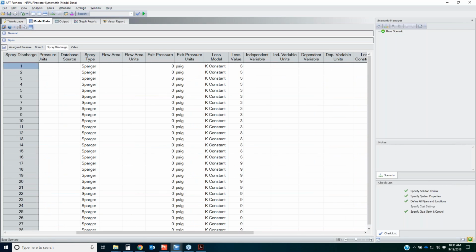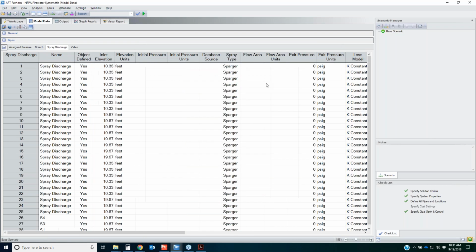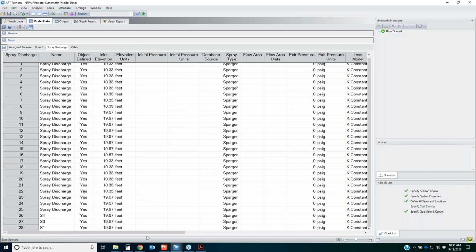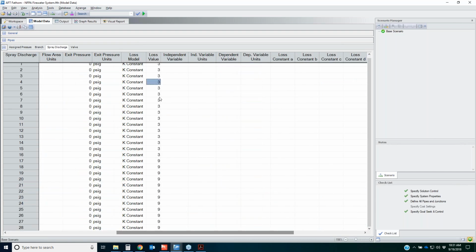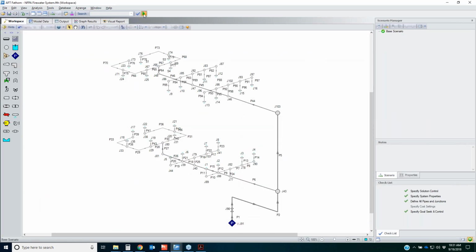So if I open up one of these rows here, it's using a fire sprinkler K factor of 3 gallons per minute per square root of PSID for several spray nozzles, and then for a few other ones, so you're using 3 for some and then 9 for others. So that's what we're using. Okay, run my model here,